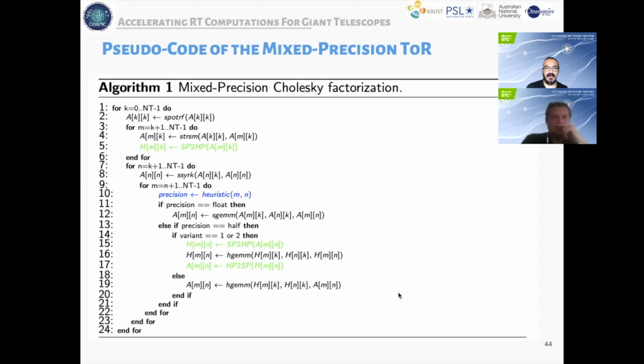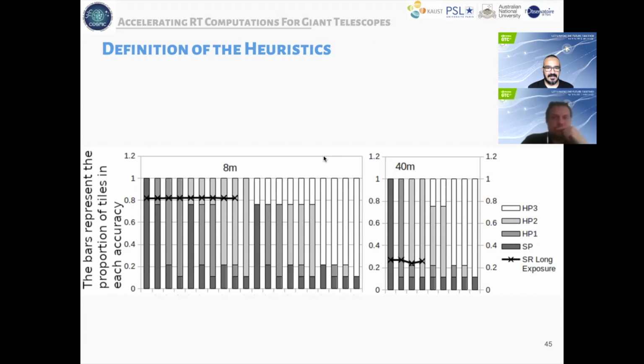And the green lines here represent when we need to convert from one precision to another back and forth during the factorization. All this is done actually transparently using a PaRSEC runtime system. All right, so we're looking here at the Strehl ratio as a qualitative indication of the final image, the final